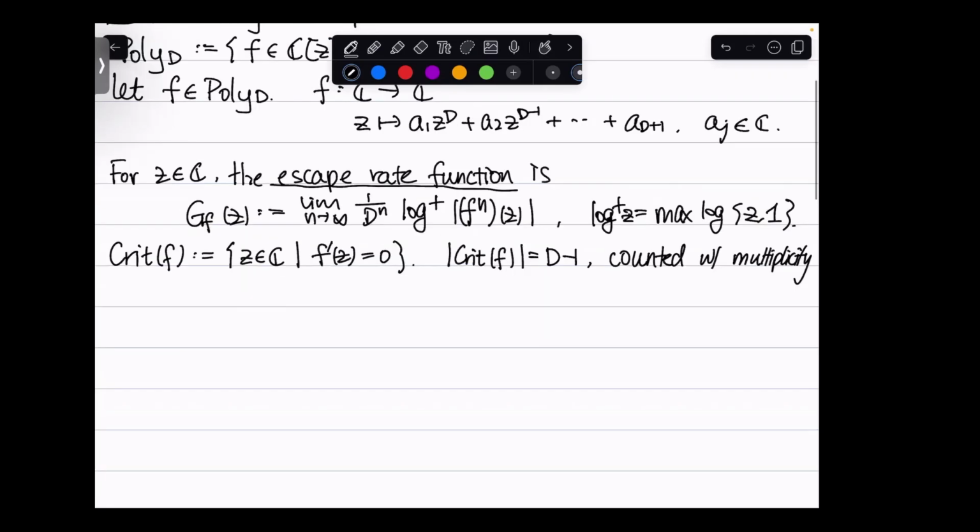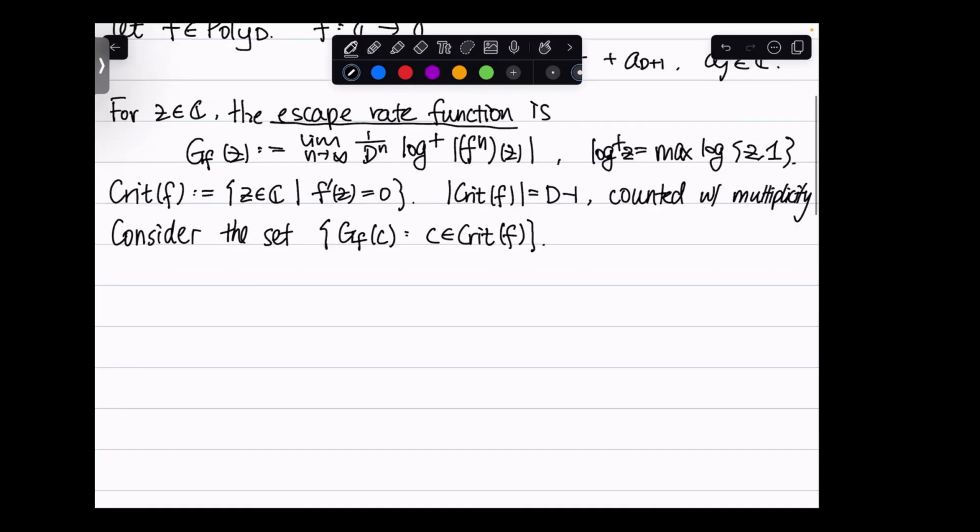Okay, so now I'm going to combine these two definitions together. Let's consider the set of the escape rates of all the critical points of a polynomial. So this is just a set of numbers. I'm measuring how fast each critical point is escaping to infinity under iterations of the polynomial. And let h_i